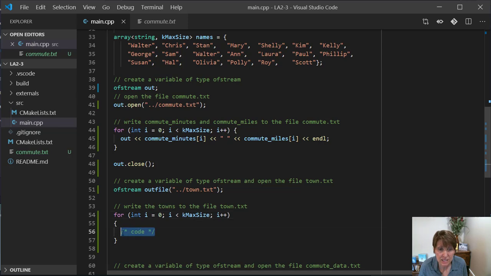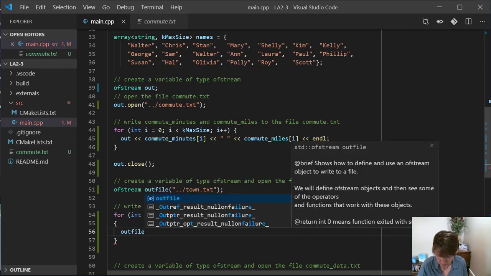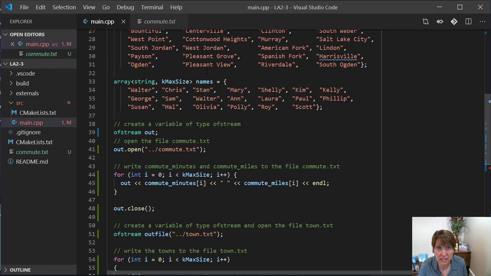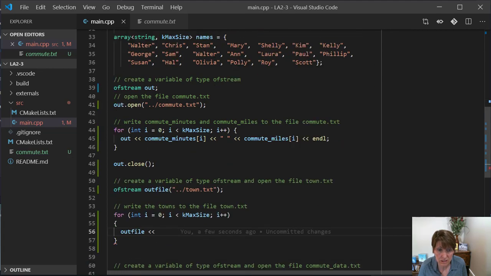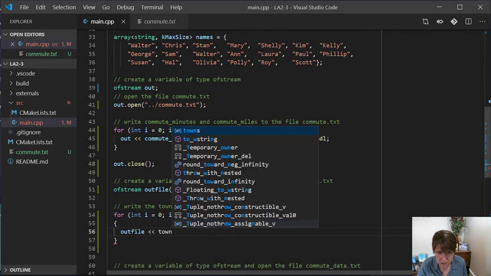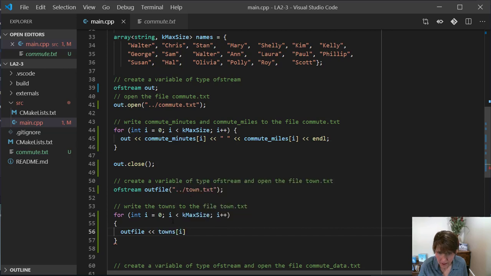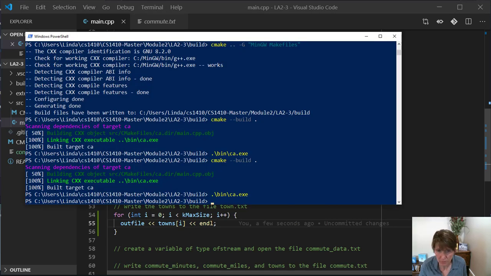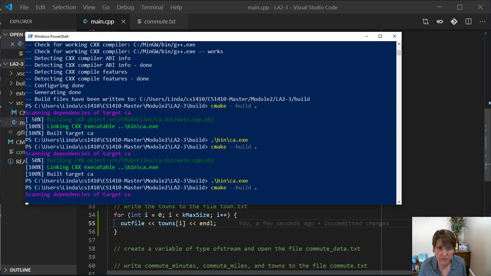And then we're going to cout. We don't want to cout because that would write it to the output screen. We want to write it to the file. So this one's called outFile. And the name of the array is towns. So we'll do towns[i]. And then we'll do an endl so that each town is on its own line. All right, so if we save that and rebuild and run,